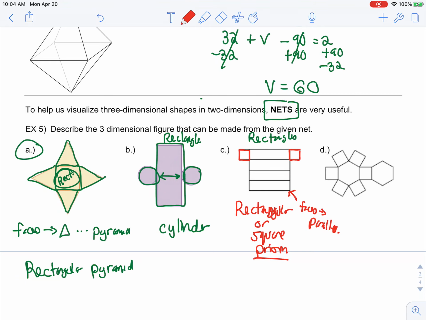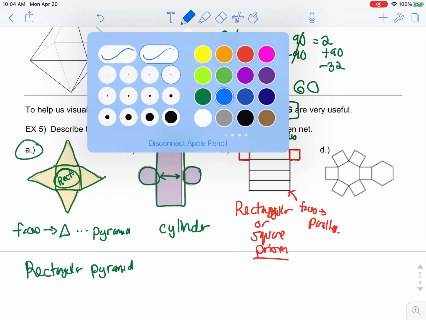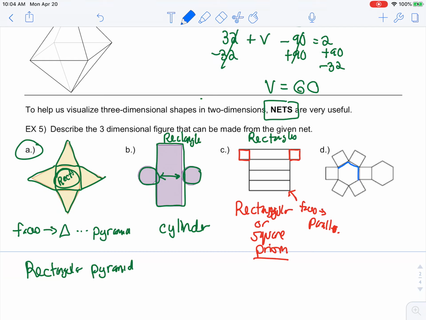If all of the faces are parallelograms, then we know it has to be a prism and not a pyramid. And then the last one, again, look for the congruent figures here. We can see that we have this 1, 2, 3, 4, 5, 6. We have this hexagon, and we have another matching one, which is going to tell me that this is a hexagonal prism. So again, these are what we would call nets, and it's basically a flat two-dimensional layout of a